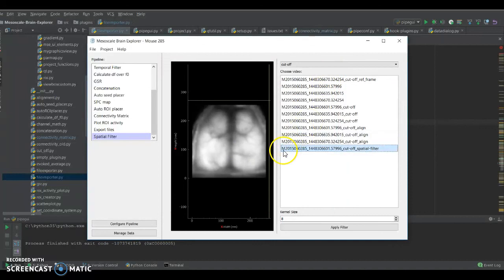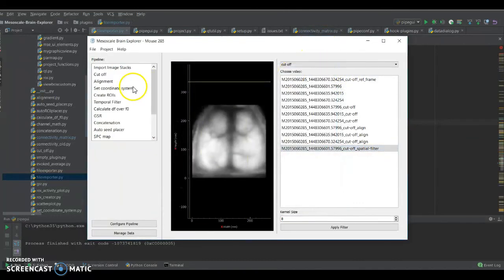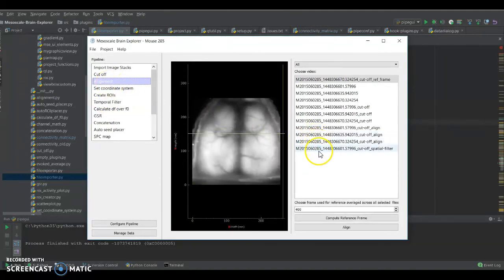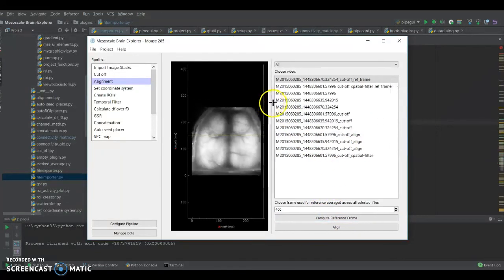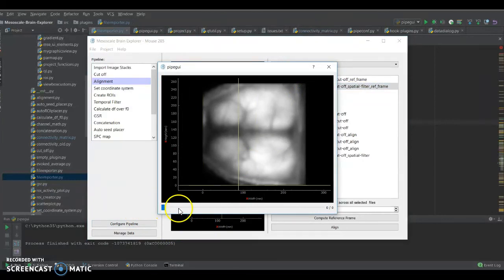So you might be asking yourself now, okay, so we have the one method where you spatially filter like this, and now say after you've created this spatial filter, what you can then do is go back to the alignment plugin, and then select only the spatial filter data, and then compute a reference frame, right? So over here now you can see we have 2 reference frames. Here is a reference frame made from the spatially filtered data, where we've taken the 400th frame from the data that's been spatially